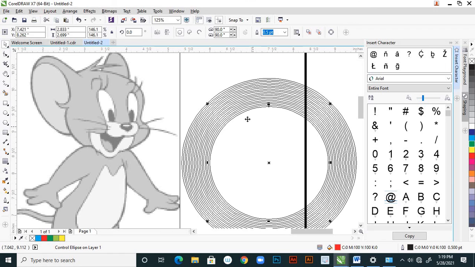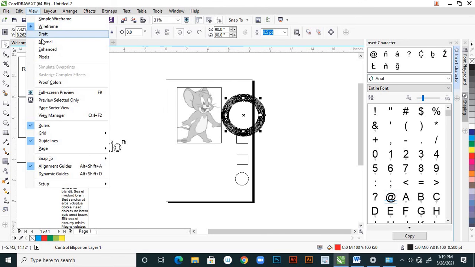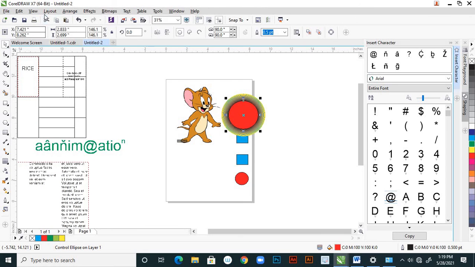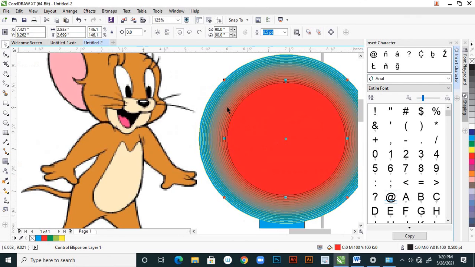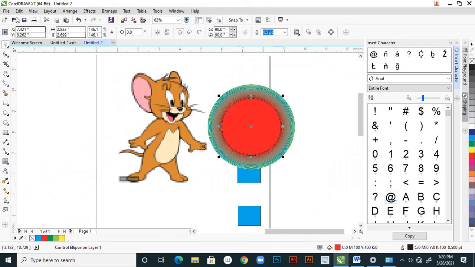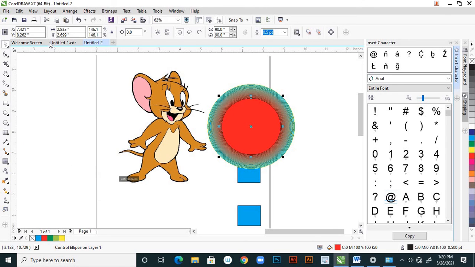That means inside the detail, the circles' outline it is showing, right? And again come to normal, and here again it is a draft. So draft is what? With low quality it is showing, right? Draft means just for rough, right? And it is a normal.